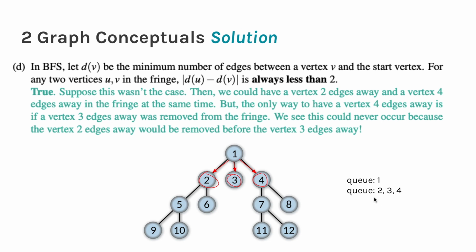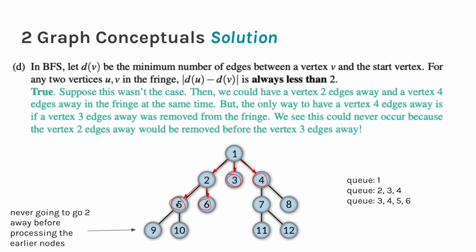Then I process 2, and I look at 2's children, so that would be 5 and 6, and I add those to the end of the queue. So on this queue I have nodes that are 1 distance away from the start vertex, that's 3 and 4, and nodes that are 2 distances away, 5 and 6. Now, the only way to get nodes that are 3 distances away from the start vertex onto the queue, so vertices like 9 and 10, is if I process 5, which is 2 distances away. But I can't process 5 until I process all the nodes that are 1 distance away. So there's no way I'm ever going